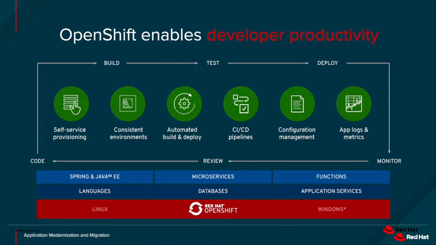The next benefit, of course, is a continuous delivery pipeline. OpenShift provides out-of-the-box support for CI/CD pipelines so that the development teams can automate every step of the application delivery process and make sure it's executed on every change that is made to the code or configuration of